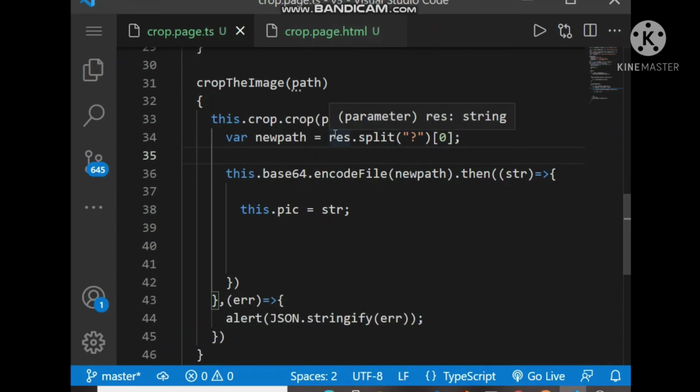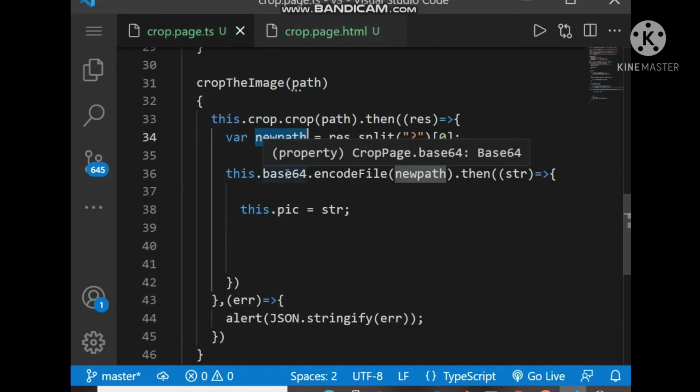The returned array will have two elements, and the first index will be the result path. So the first array element is the new path of the cropped image.